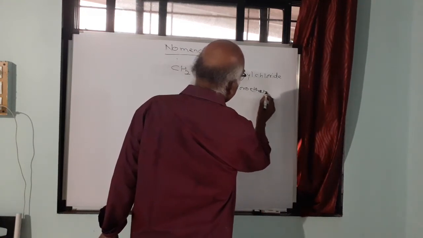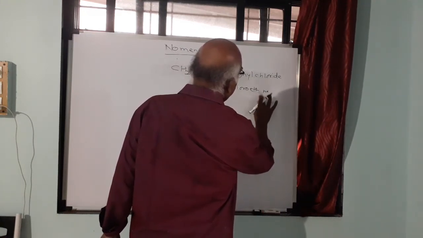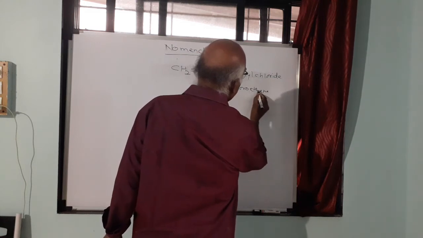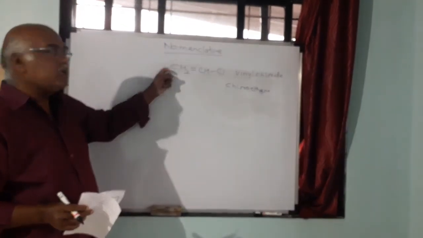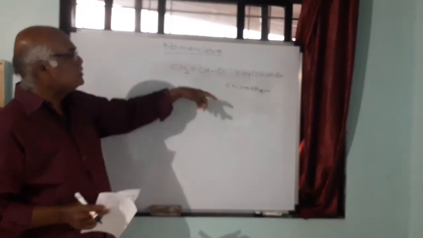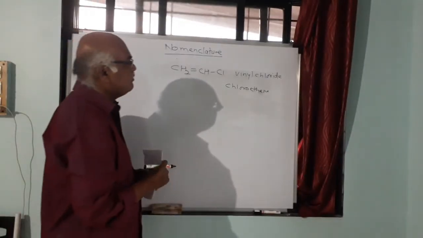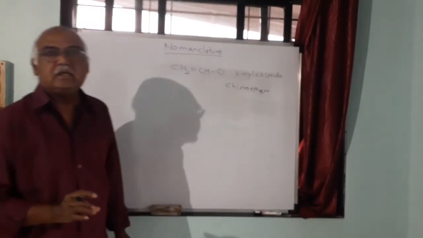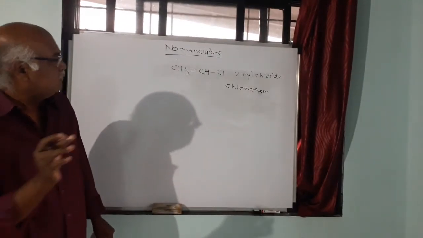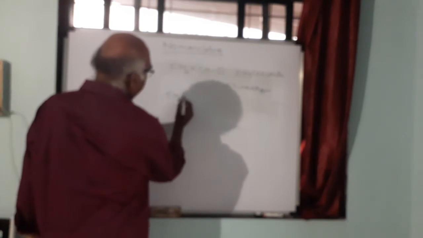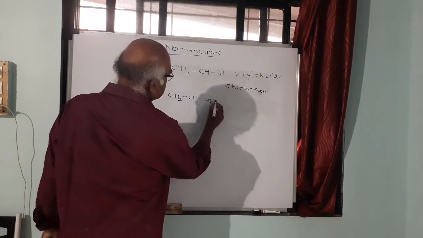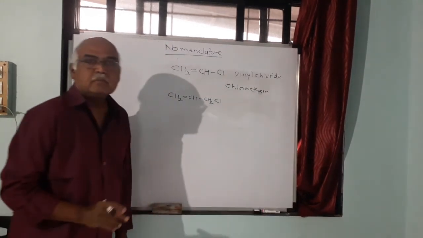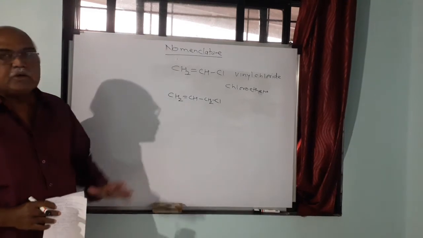Not necessary to write 1-chloro, because when there are two carbon atoms, and if you write the Cl on this particular carbon atom, again you will have to give number from this side, so this will give 1-chloro. So not necessary to say 1-chloro, this is just chloroethene. Okay. Then one more example we will take. CH2 double bond CH and CH2Cl. Okay, I have taken this particular example.